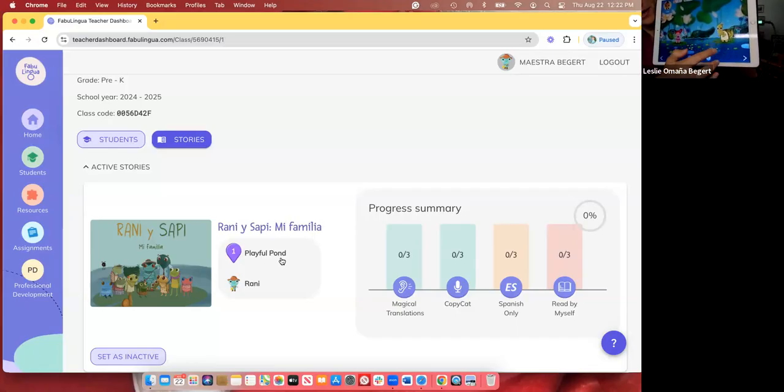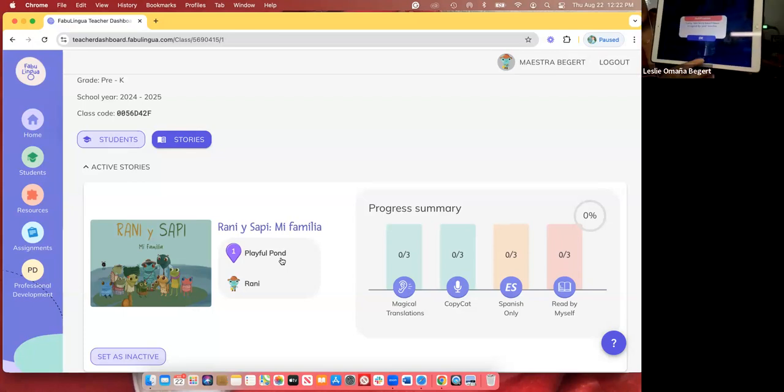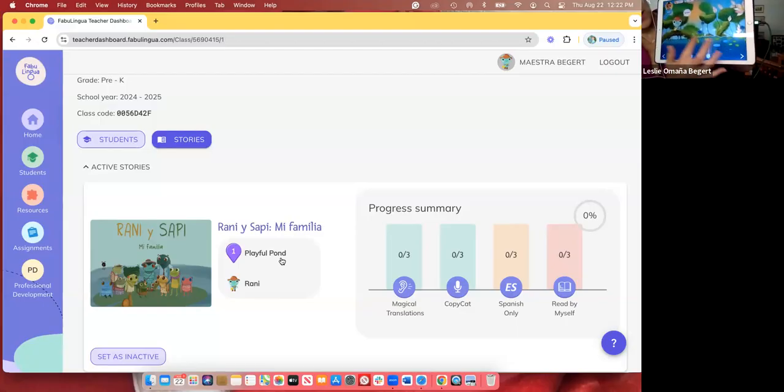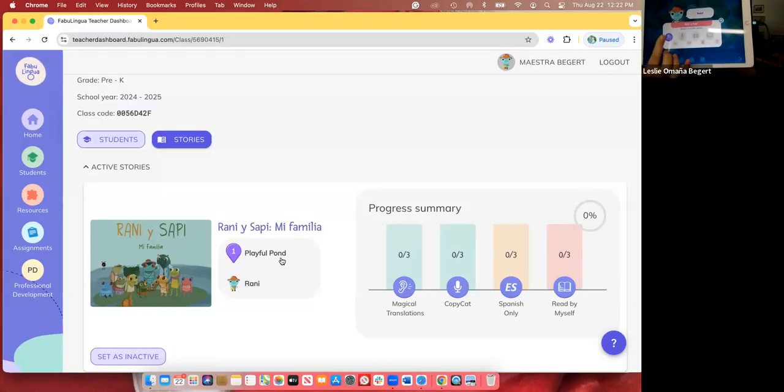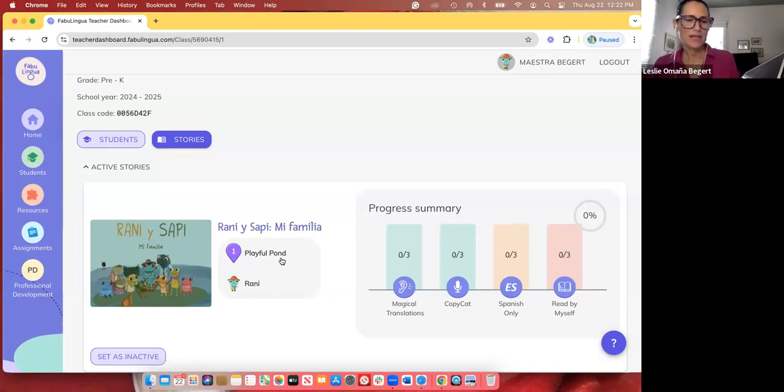So here you can see this guy. It comes up with a pop-up to say that it's not been assigned by your teacher. So the only story that is available for your class is the one with the speech bubble. So you would go ahead and tap it, and there is the learning path that I spoke about before. Katie hasn't done any work on it, so there's only one story mode available to her. It's the one, Magical Translations, that delivers the comprehensible input. So she would go into that and start doing her work.